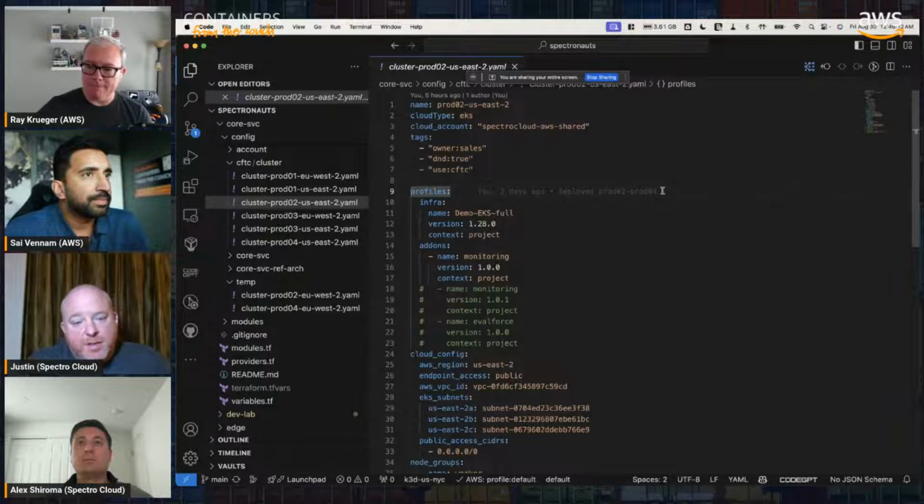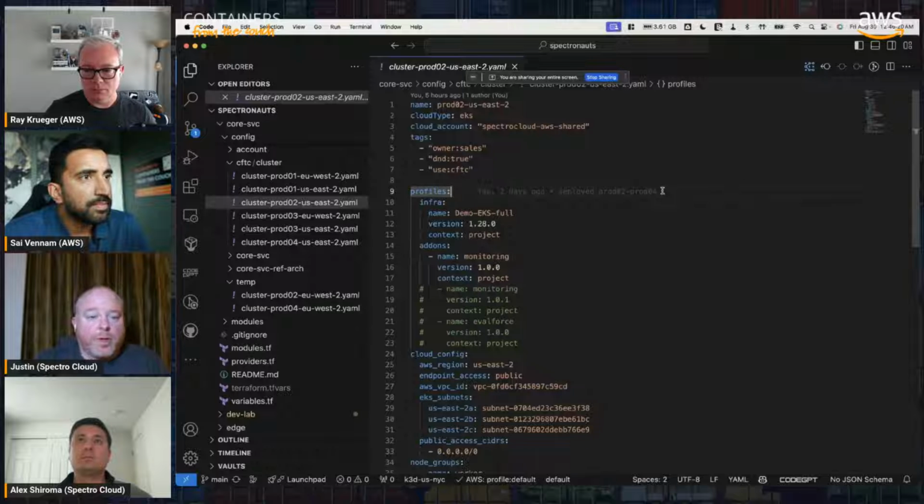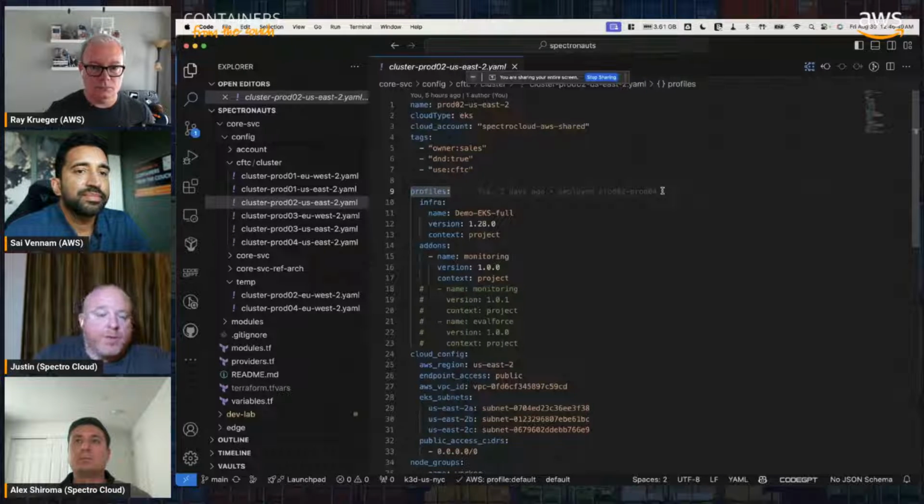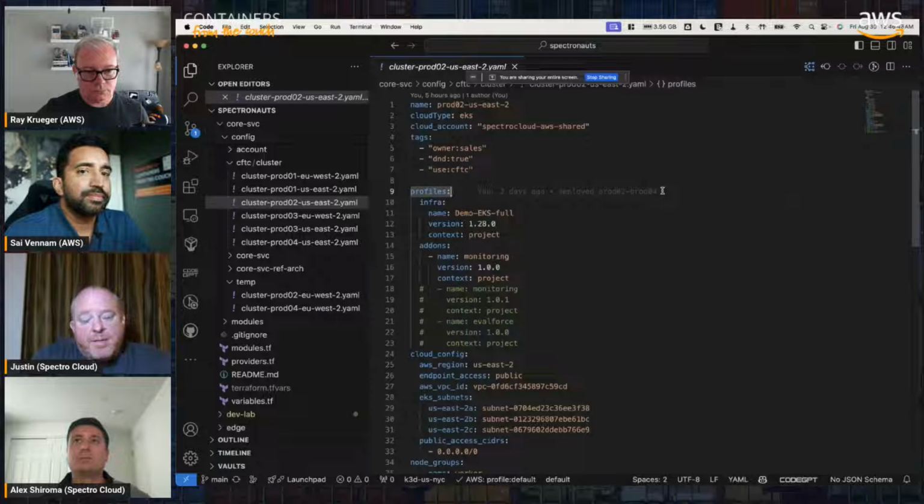Yeah, hidden behind the scenes, this is a module that we wrote for our provider, again, to simplify things for our customers. At the end of the day, you could consume the provider just like you would any other Terraform code. But what we found with many customers is, especially at scale, it's difficult for them to understand Terraform. And this is easier and more readable and more repeatable for them. So rather than show the complexity of how Terraform can be, especially when you have all these different configurations, cloud configurations, backup, node pools, and these various things, we took a module and wrote it for our provider that makes it look more readable, as YAML.